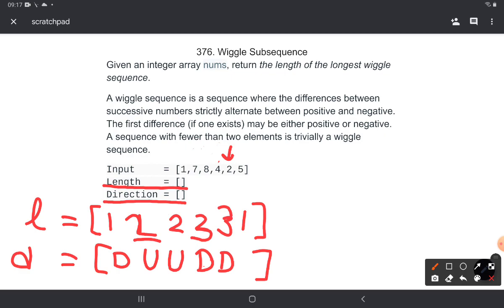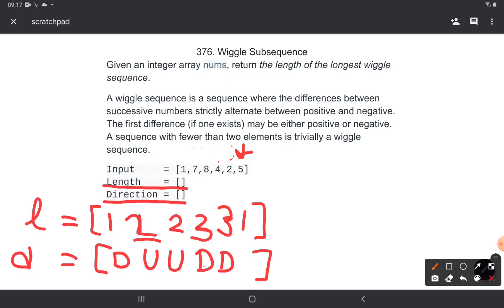Okay, so now finally moving to the last element of this array, this one. Again let's start comparing from the start of the array. So 1 5 is a wiggle subsequence of length 2, then 1 7 5, I have 2 at the index in the length array for 7, so this gives me a wiggle subsequence of length 3.